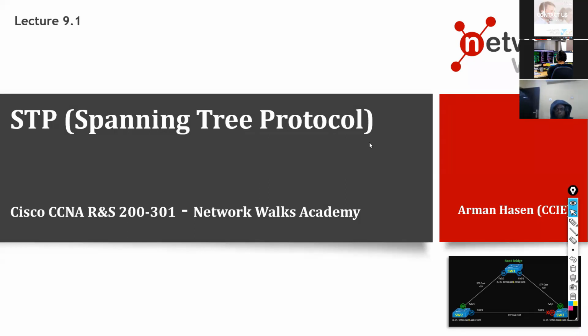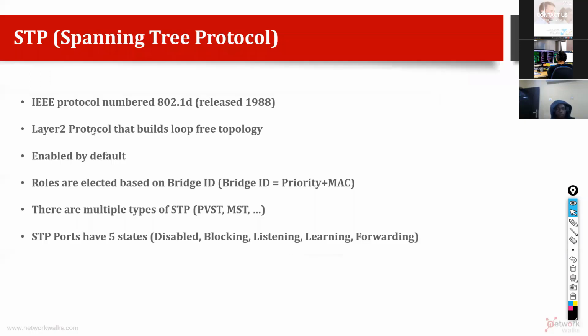So we need STP basically for the redundancy. Redundancy means we have extra links which are populating the information multiple times. So we need to stop those links so that information from one host to another host goes only one time. So it receives only one copy, not multiple copies. How does it work? We will go through it in detail. It is called spanning tree, meaning it becomes like a tree. So we will see it in our topology.